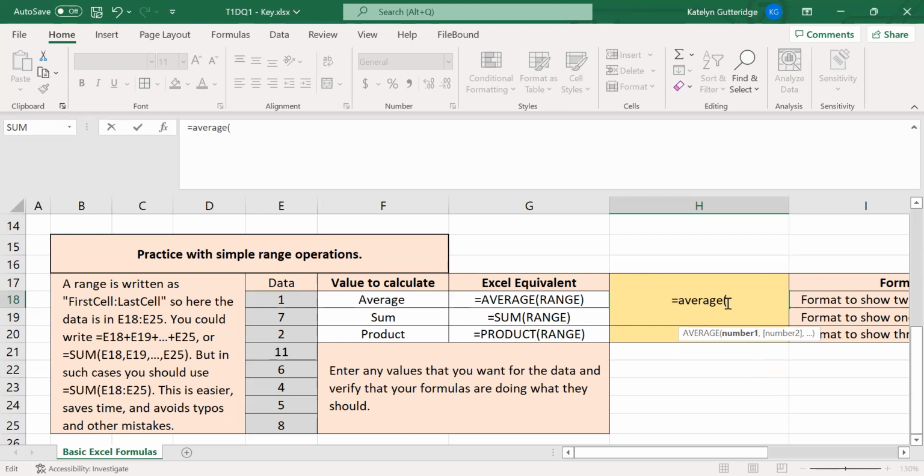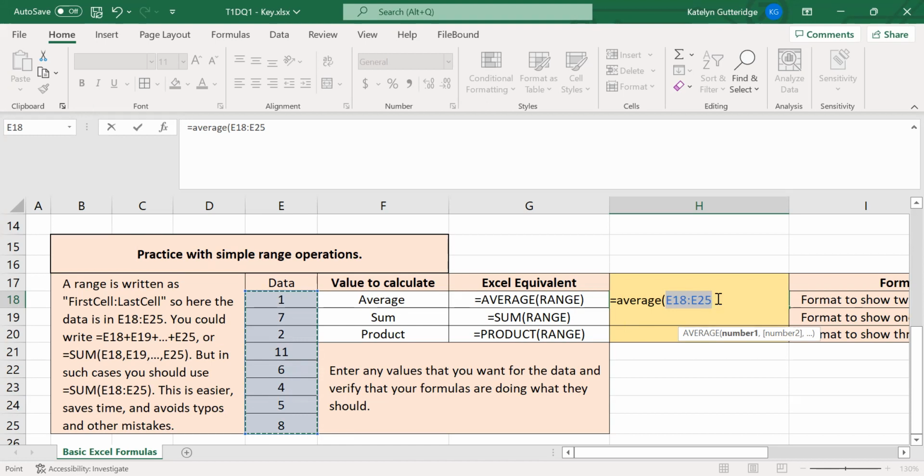After we have the open parenthesis, we need to put the range of cells we want it to average. This is going to be the list of data we have. So we have numbers in the second part. We need to put in all the cell references for this data. So I want to highlight the data to include it as a range in the function. So I'm going to start with my 1. I'm going to click, hold, and drag all the way down to the 8. As I do that, Excel will type in